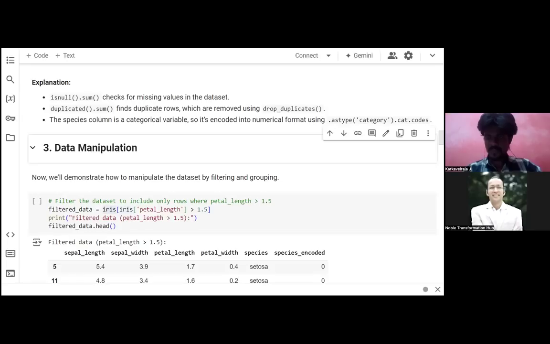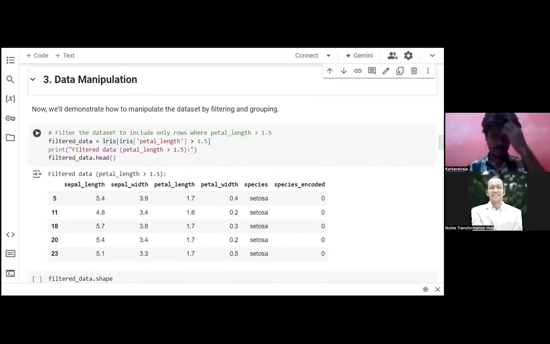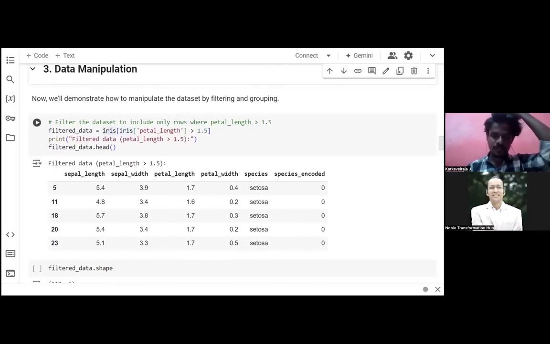We do filtering in applications, for example to find the minimum cheapest flight or the best flight, so we do filtering, kind of like sorting. Here also we'll filter based on a specific value, and then we'll say filtered data dot head.